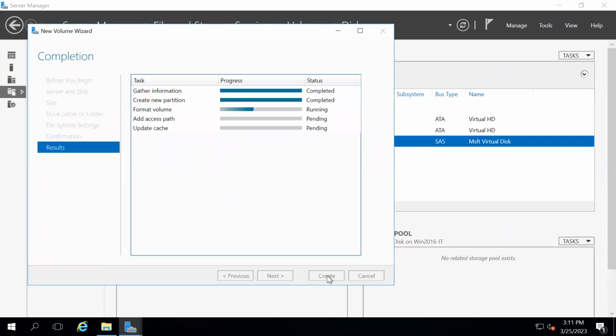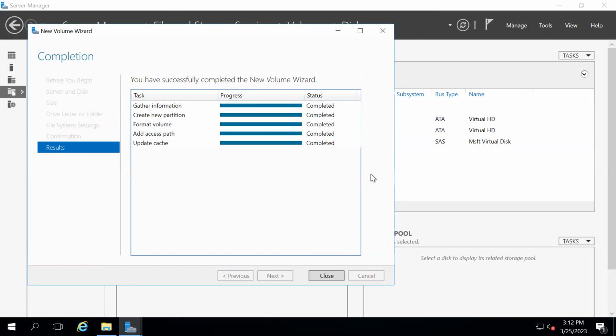Hit on create. So it is just updating all of these parameters, and once it is done, we should be able to see that 10 gigabytes of data disk has been attached